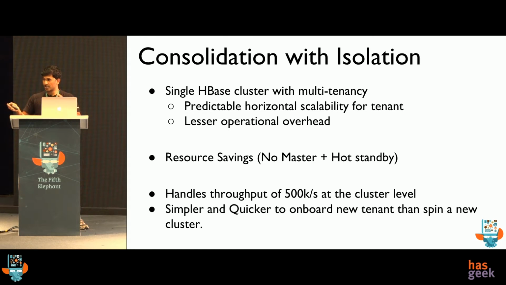There's very less operational overhead compared to what we had before. There is some resource savings because this is a thick stack and we were not really using the ZooKeeper and the NameNode components to their full potential. Having said that, the common components are the sequential elements to our design, so there is a limit to horizontal scalability, but we are way within the bounds of 100 nodes, and these have been proven to go for around 1,000 nodes. So we have a single cluster that gets about 500,000 QPS at the cluster level,